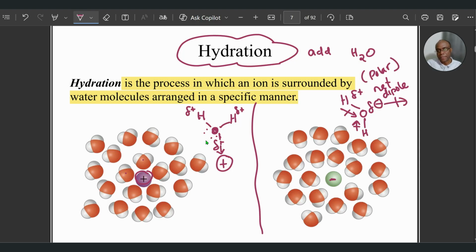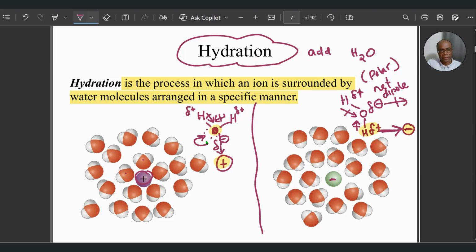So if oxygen is partially negative, the hydrogens will be partially positive, correct? And therefore you expect that partially positively charged hydrogen is going to be attracted to a negative charge, which is an anion in solution. So the anion will be attracted to the H+, but the cation is going to be attracted to the O- of water. Remember, like I said, oxygen is partially negative because of dipole moments pointing towards the oxygen,